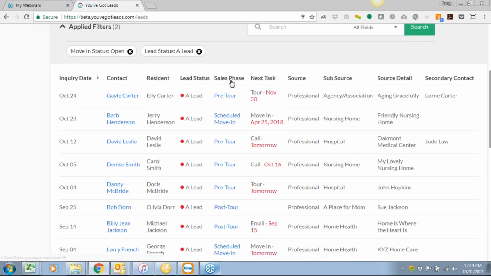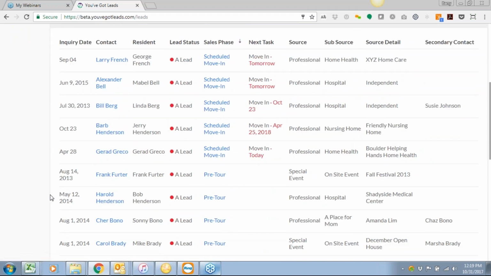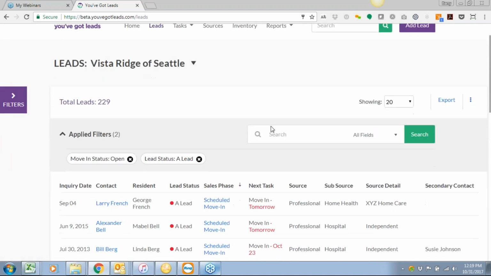Now I can work through these A leads. I can sort by the column header here, and I have a nice search field. It's a nice big search field where I can just immediately start typing in the name. And we've found that for the most part, the name is definitely the most commonly used filter field, especially in the leads tab. And I can search for secondary contacts, I can search for additional contacts,